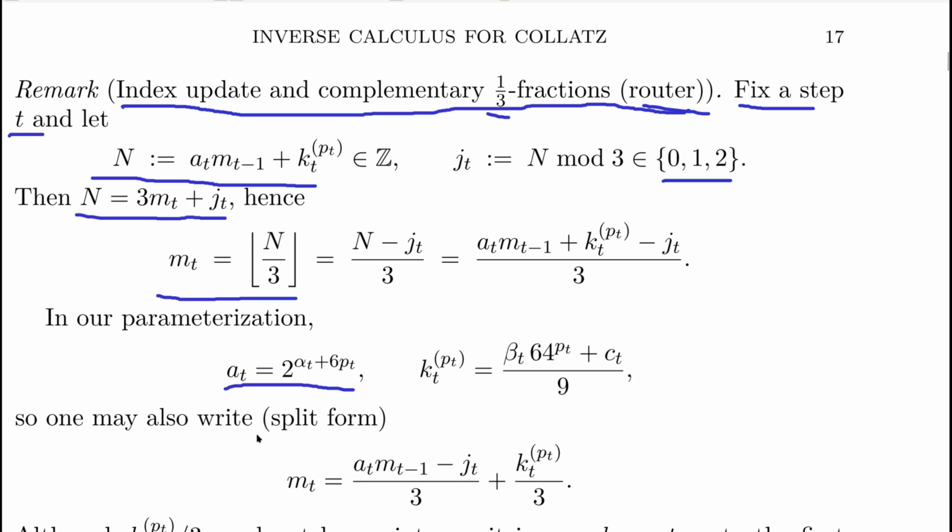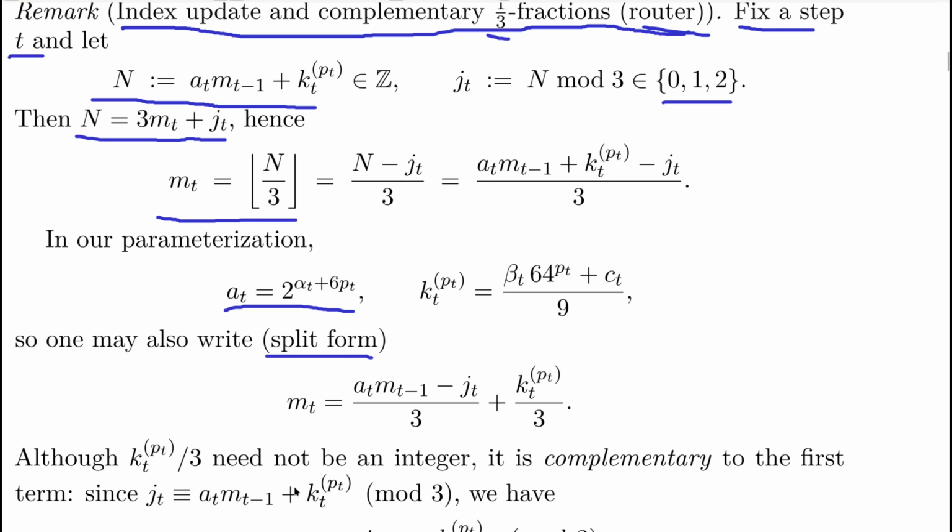So one may also write in the split form, which we've seen before, mt equals at mt minus 1 minus jt all over 3 plus kt pt over 3. Although kt pt over 3 need not be an integer, it is complementary to the first term,